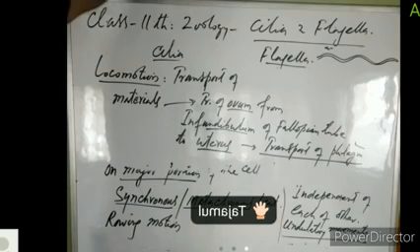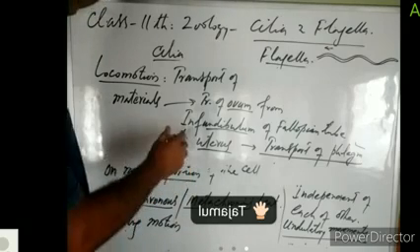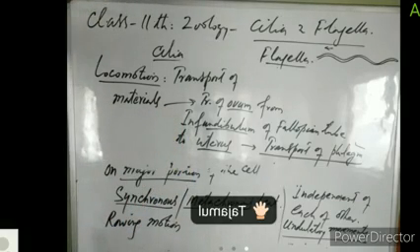So what is phlegm? Phlegm, we call it balgam in Urdu. Phlegm is dust-laden mucus, which is removed from our respiratory tract. So what removes this phlegm from the respiratory tract? It is produced by the pseudostratified ciliated epithelium of the respiratory tract. Then the cilia beat and they carry this dust-laden mucus towards the larynx, wherefrom it is spat out in the form of phlegm, right? So that is another function of cilia.